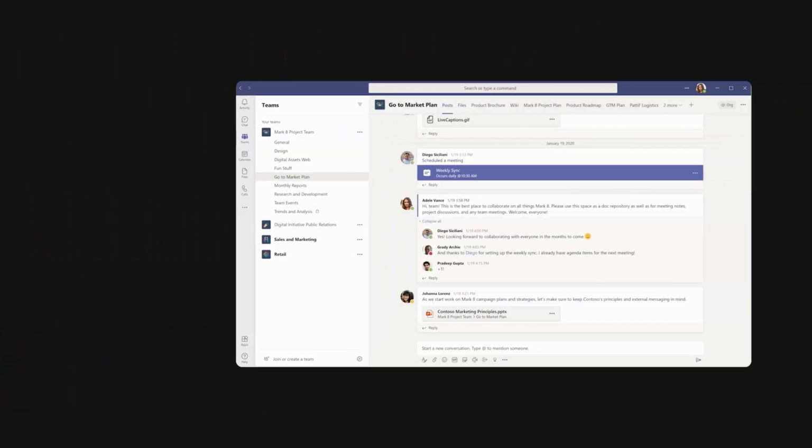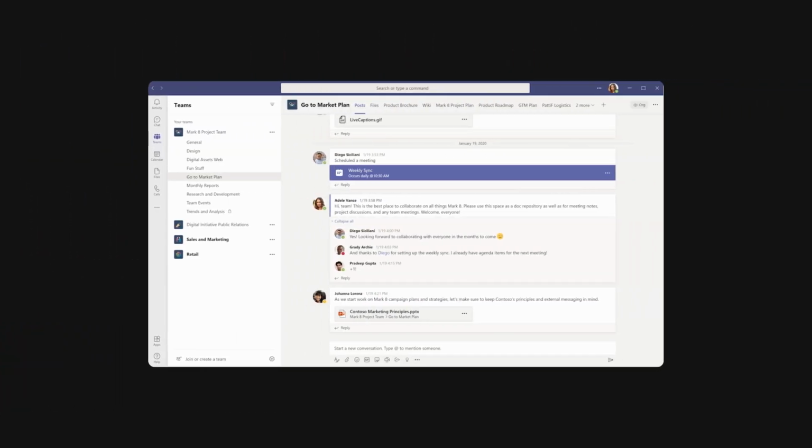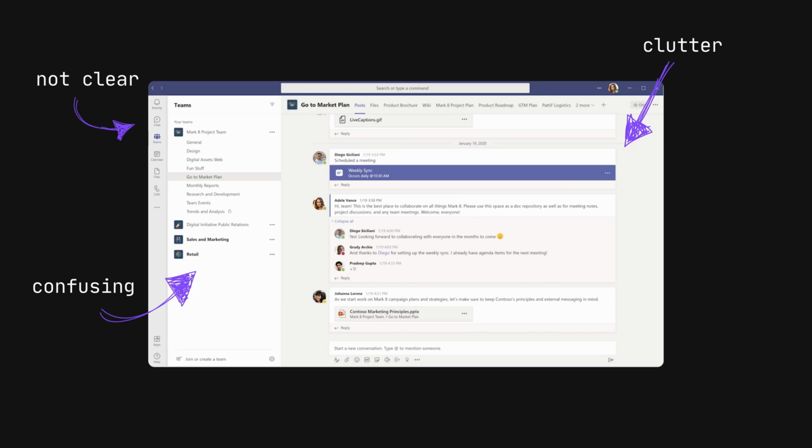The Teams chat rooms. Yeah, it looks great and it matches the Fluent React components, but the Teams and Chat options are confusing because it isn't fully clear what they mean. There's no clear hierarchy between the headers and the channels, and there's so much information clutter it's hard to focus. It wouldn't look as uniform, but changing up the font styles or colors would do wonders, especially in the sub-channel